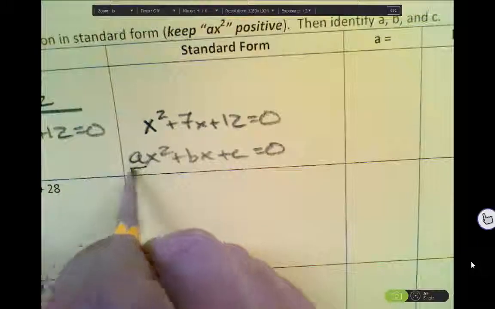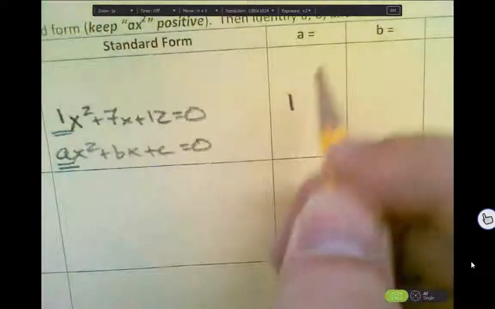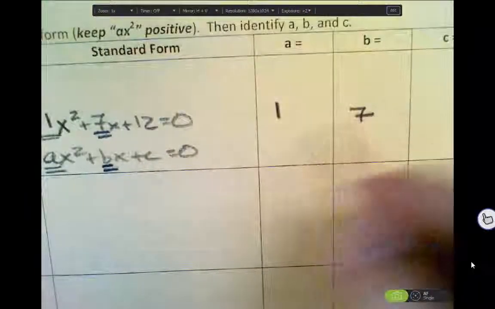Which means that my a value is going to be 1. My b value is going to be +7. And my c value is going to be